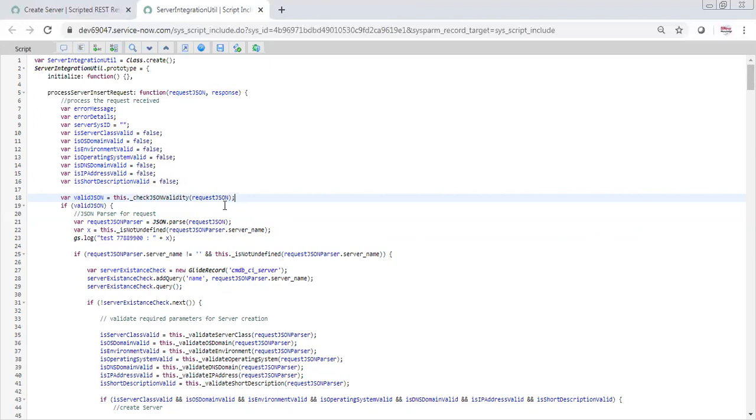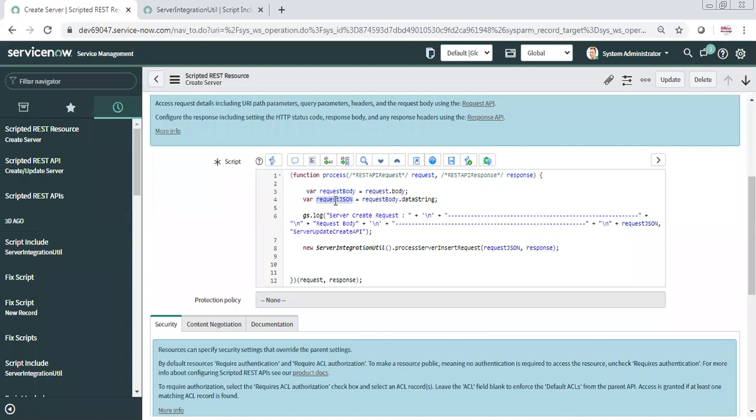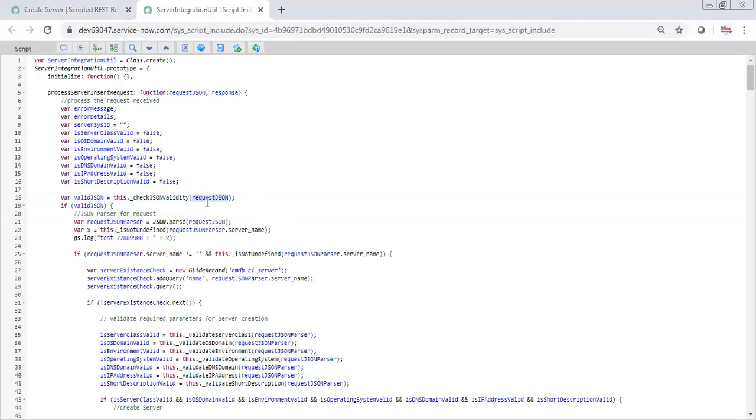We can tell them, okay, just send the JSON, but we cannot rely on them to always send JSON. So in this first line, I am saying, the request JSON, that is what we have got here, right? And I am saying, check if that request JSON is a valid JSON or not.